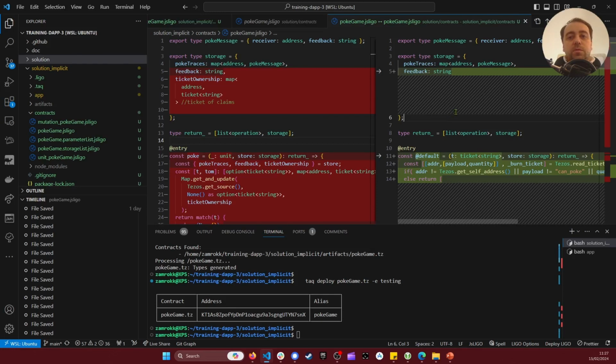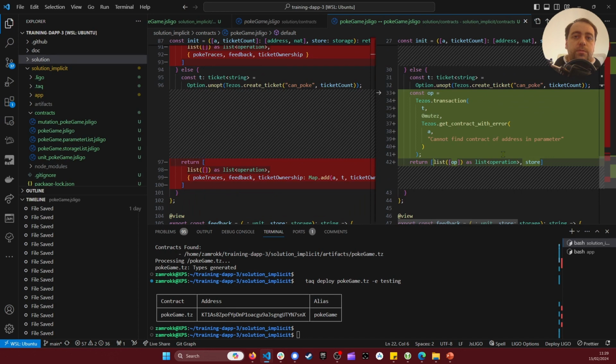So if you remember this training, what we do, we have a way to poke a contract, and for poking the contract, we added a ticket as a kind of permission token to be able to poke. Every time you poke the contract, meaning you have an interaction with the contract, you burn one ticket quantity. This is how it was implemented. So we had an ownership map of the tickets in the previous version. So the tickets were held inside of the smart contract.